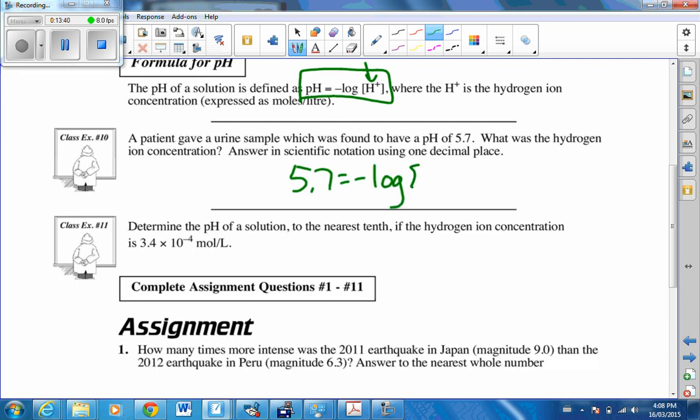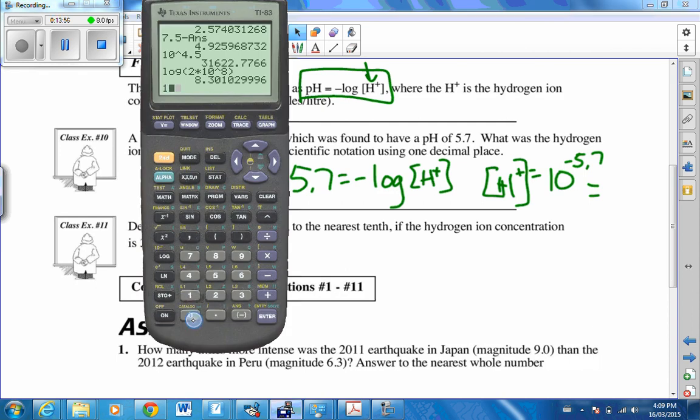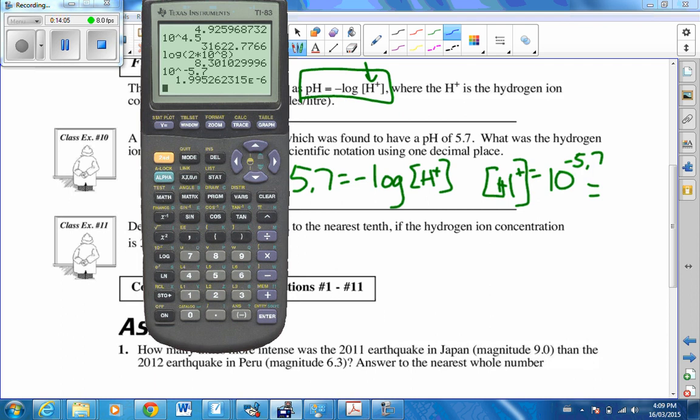negative log base 10 of H plus. Therefore, H plus is just 10 to the -5.7, which is that, or 0.000002, or 2 times 10 to the -6. Either way,